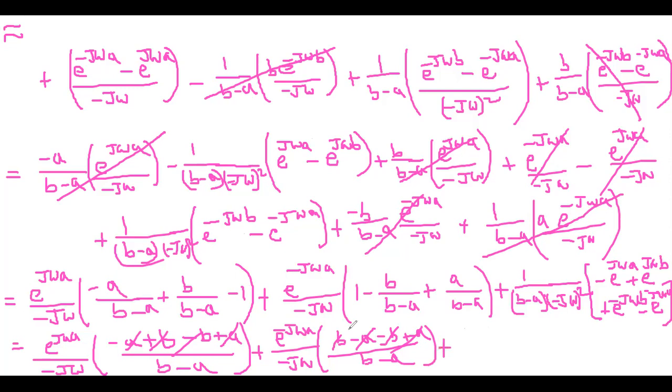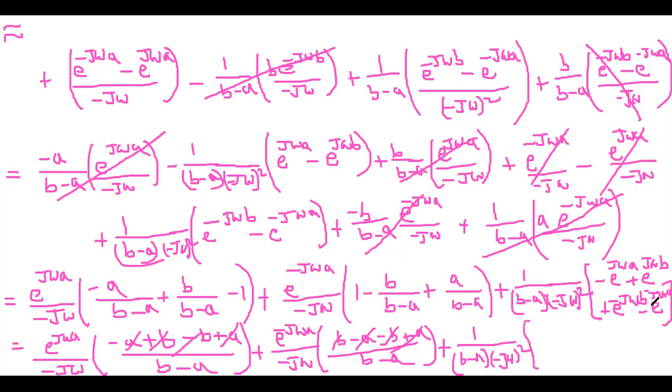Finally, this term is 0 and this term is also 0. B minus a by j omega whole square. You can write j square as minus 1, my dear students. Minus, j square is a minus. And if you write it, it is 1 by b minus a minus j omega whole square,